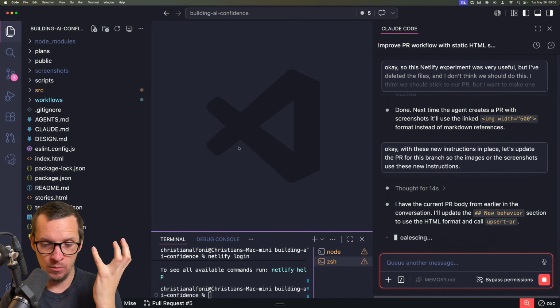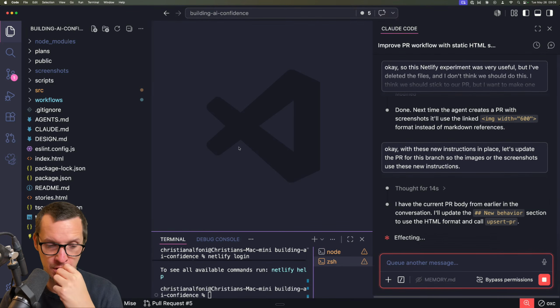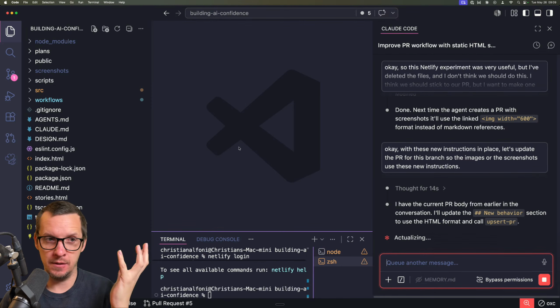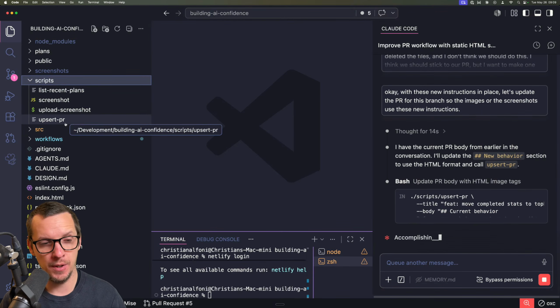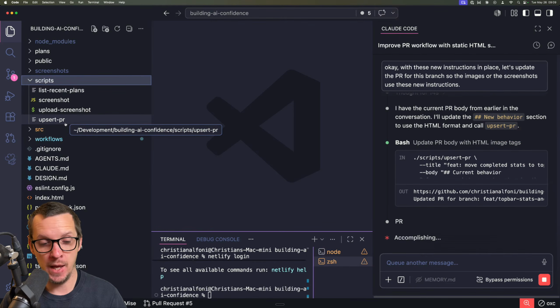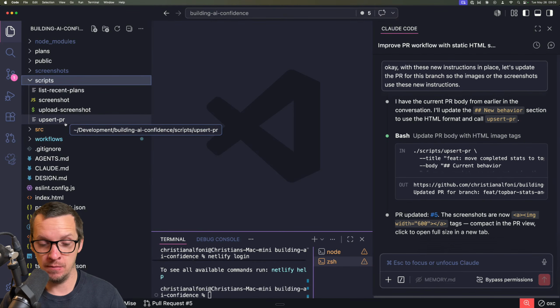I have this way of grabbing the session, so we can include this. We have this script, which is upsert PR, and we have the possibility to include that agent review tool in there and distill the session, but I'm not sure what to do about it. That's the thing, because that needs to be fed back into the agent.